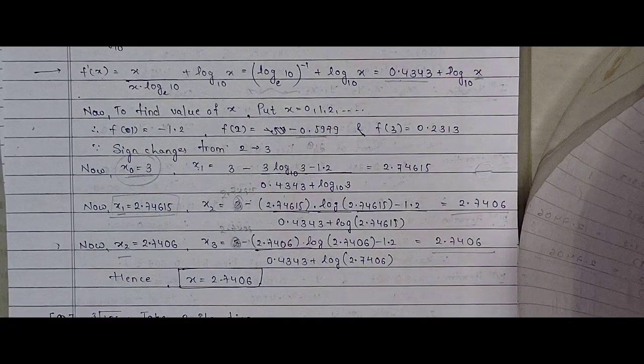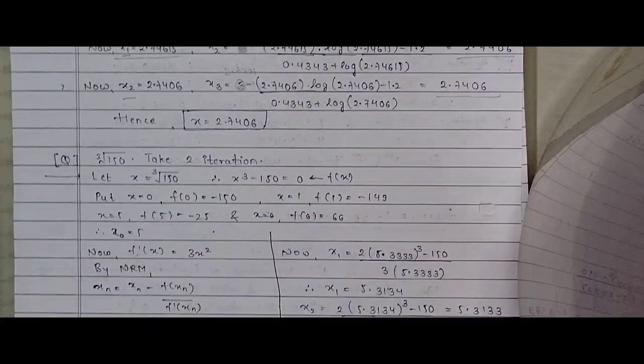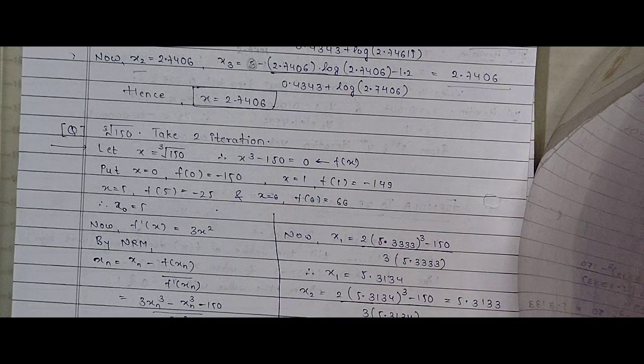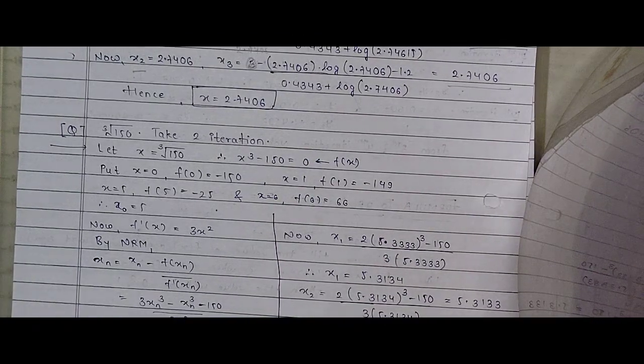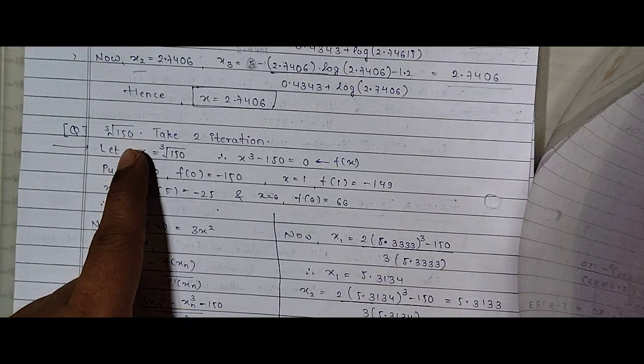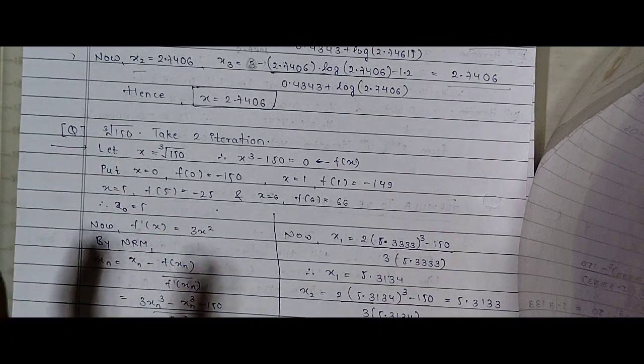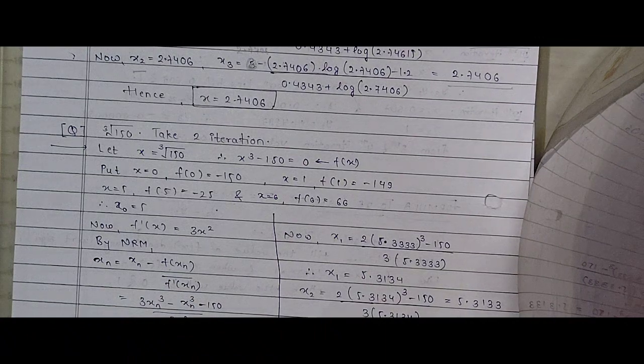Now guys, please remember this question. This is a different type of question and there is a high possibility that this type of question can be asked this time. The question is the cube root of 150. We have to calculate it by the Newton-Raphson method and we have to take only 2 iterations. How many iterations do we have to take? Only 2. So how will you be calculating the value of 150